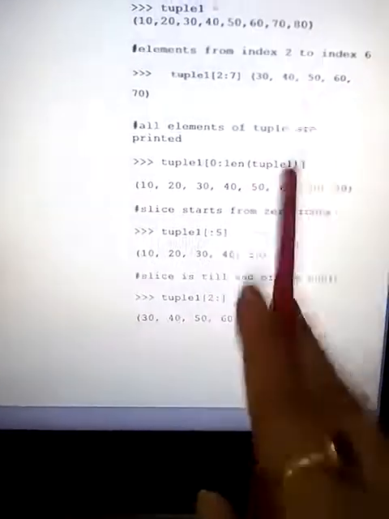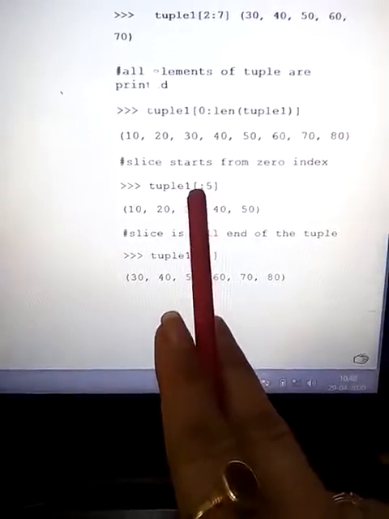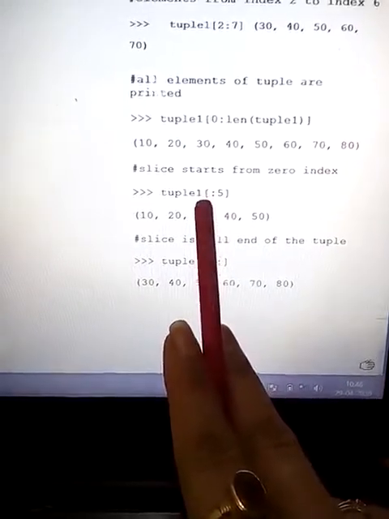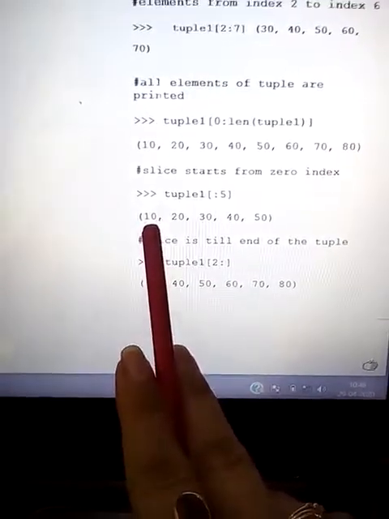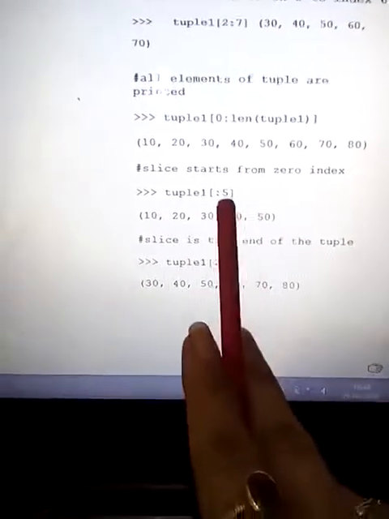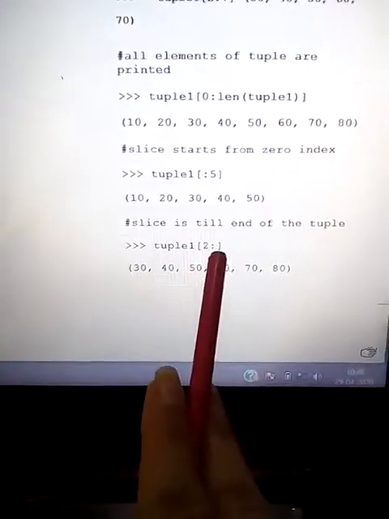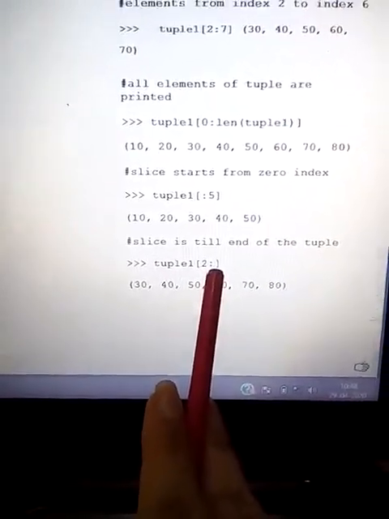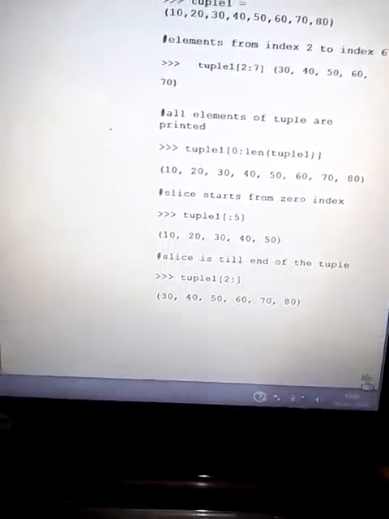Now if we don't mention the starting index, it will take by default from the 0th position, 10, and up to the 4th position, that is 50. Again the same concept: if we don't mention the final index, it will take the complete length of this tuple.